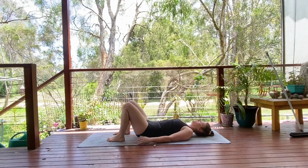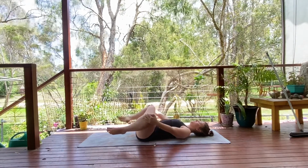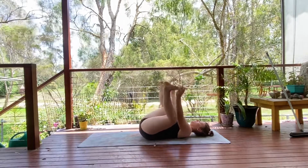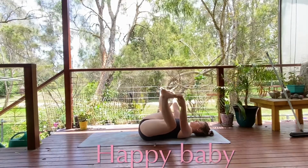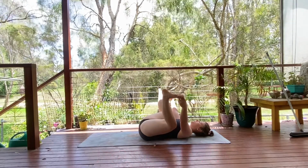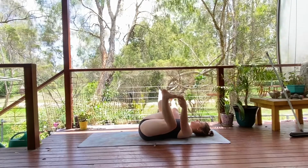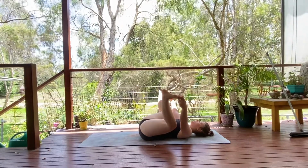Then just ground that leg. Bring your knees in for a nice big cuddle, big circle, big stir, and then coming into a happy baby. So let your knees bend towards your chest, widen them, catch the big toes with index and pointer, and you might like to just rock and roll, stir this one side to side, focusing on deepening your breath